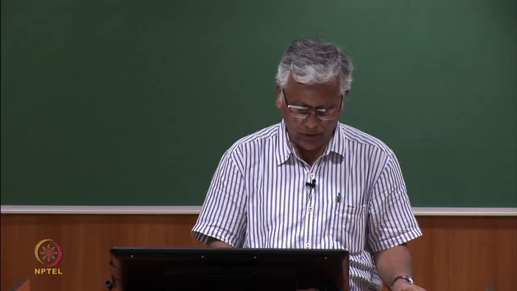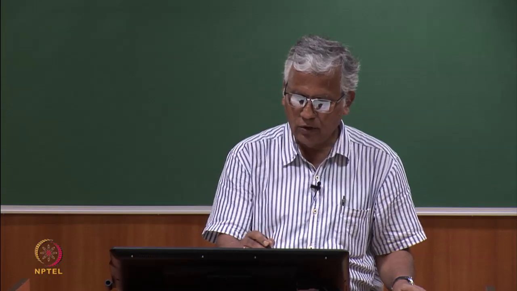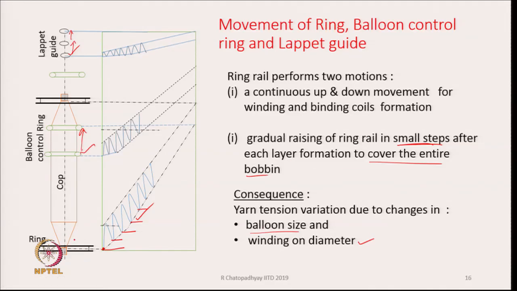So, we keep the balloon control ring and lappet guide both given motion which is in sympathy to the motion of the ring. As the ring rail is moving up and up, the balloon control ring also moves up and up, and the lappet guide will also move up and up. But obviously, there is a limit how far it can move up,